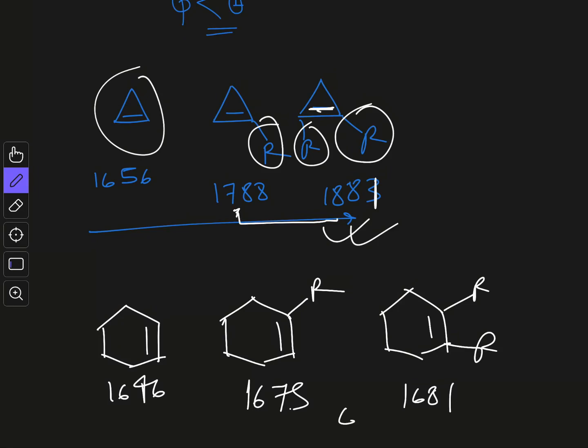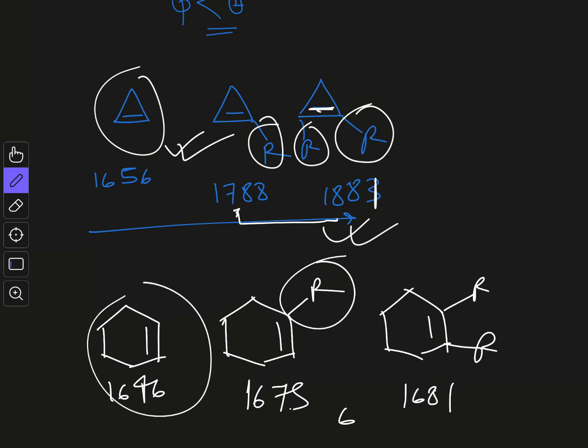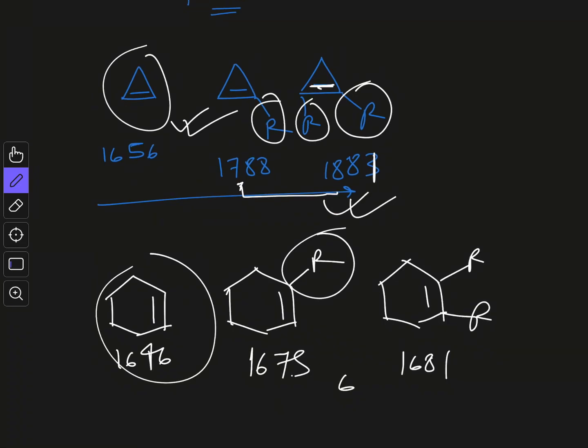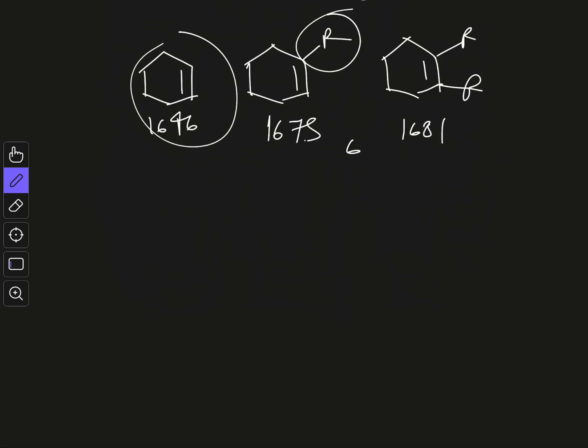So for every ring size, whether it is 5 membered, 4 membered, or 3 membered, there will be an increase when you add an alkyl group, but the increase is most noticeable for a small membered ring compared to a large membered ring. This you have to remember. Okay, so this is the effect of ring size on the stretching frequency values. Now let us talk about the effect of conjugation.